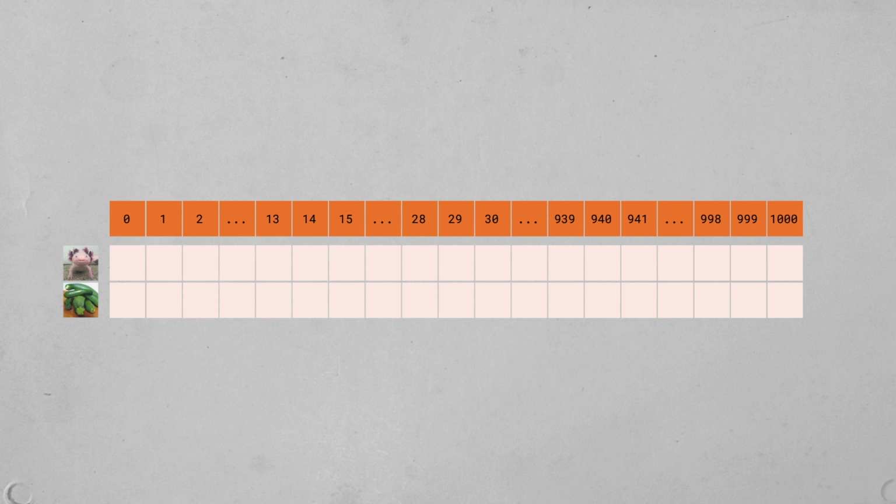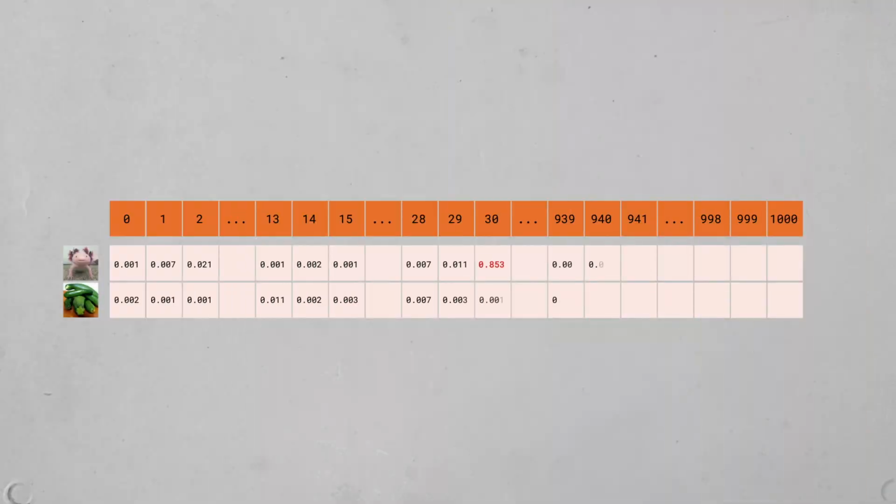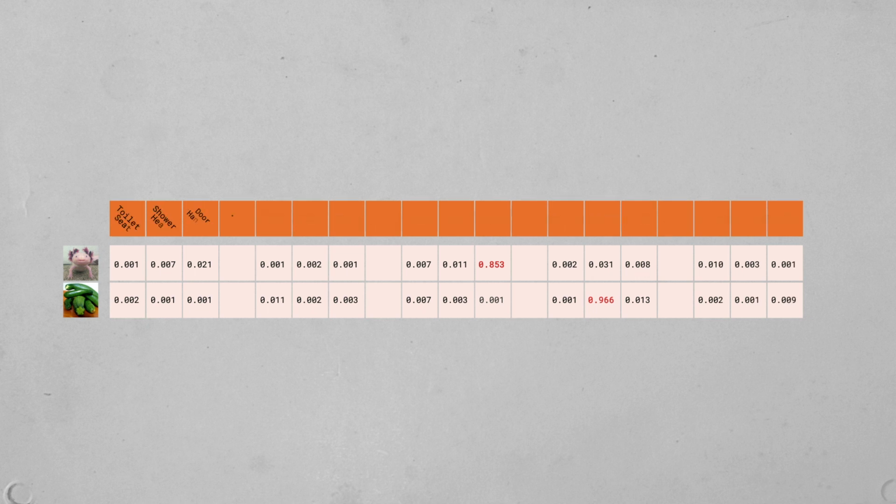If we had more images, this dimension would be wider, but what's the 1001 for? Well, MobileNet can classify 1001 things, so we need a score for each thing it can classify. All 1001 of them. Each position in the tensor represents a particular thing. Position 30 is our friend the axolotl. Position 940 is delicious zucchini.